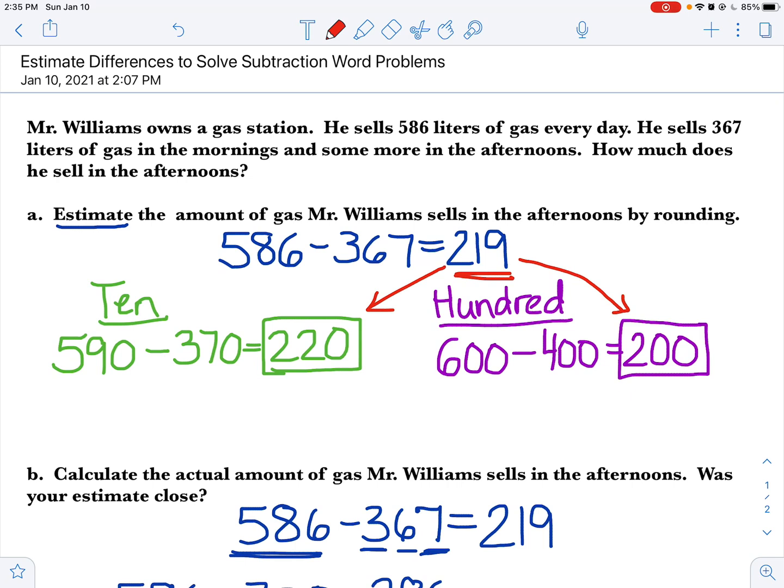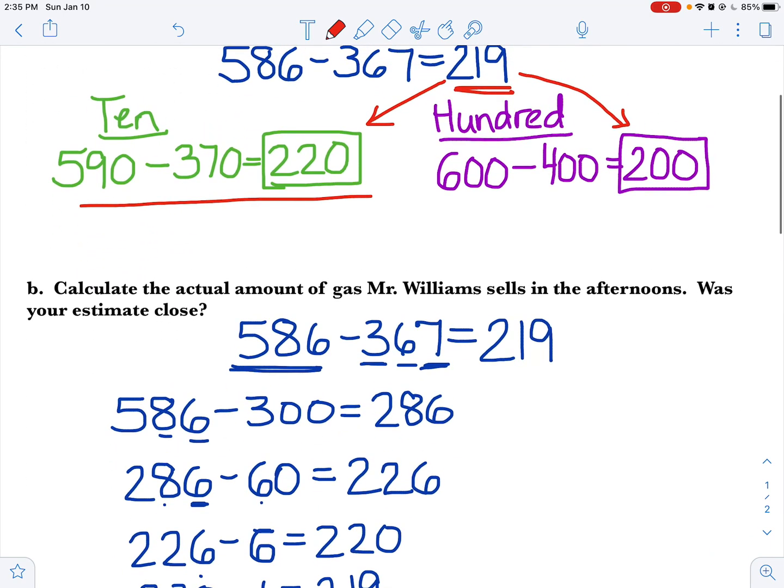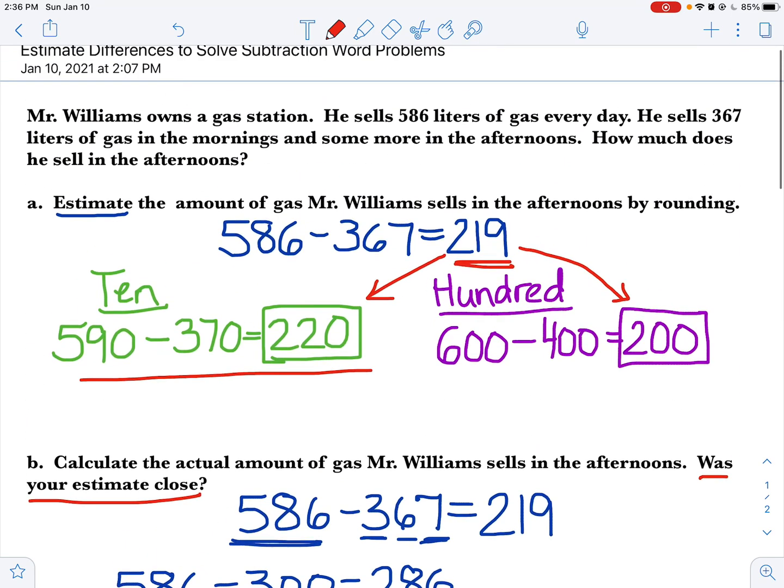So when you go ahead and solve today, you're going to choose whether you're going to round to the nearest 10 or the nearest 100 on the word problem. Make sure you show your work like this. Show me your number sentence. And then you're going to solve for the exact answer and decide, was your estimate close? Let me know that, yes or no. Good luck, have fun, and let me know if you need